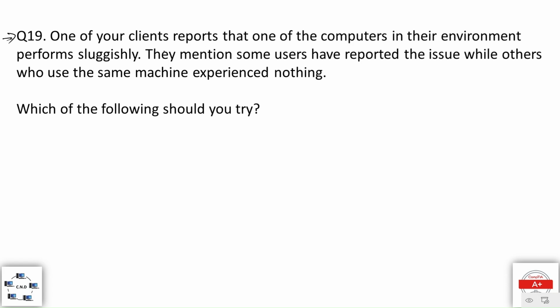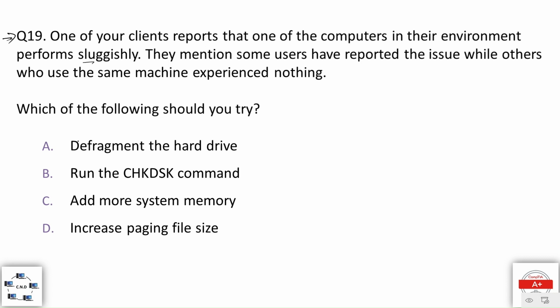Question number 19. One of your clients reports that one of the computers in their environment performs sluggishly. They mentioned some users have reported the issue while others who use the same machine experienced nothing. Which of the following should you try? The options are option A, defragment the hard drive, option B, run the chkdsk command, option C, add more system memory, and option D, increase paging file size. And the correct option is,